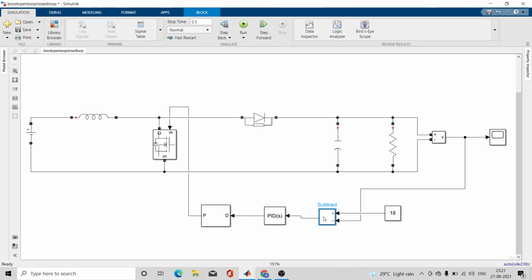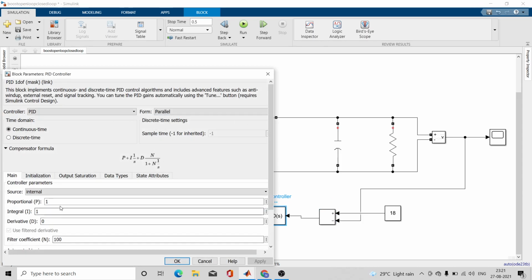So in PID controller we want only the integral controller. We don't want proportional and derivative blocks, because here the integral controller is mostly used for boosting the output. So mostly here we are using the integral output. There are different formulas by which you can tune the PID controller.